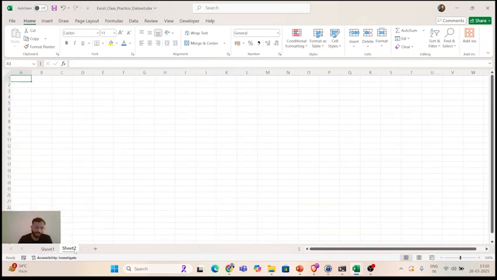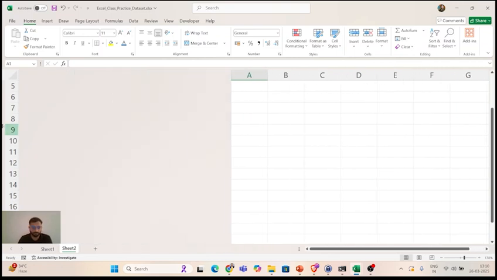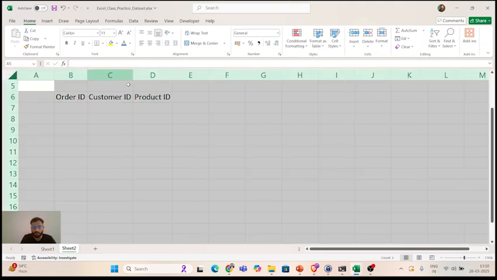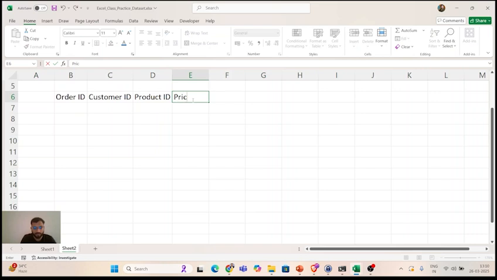Very quick. Guys, let's say we are working on e-commerce data. And let's say we have three columns, like order ID. When you go to Amazon or Flipkart and place an order, a unique order ID is created. Then the customer ID, by which they recognize which customer placed what order. Then the product ID, let's say what products are ordered in that order. Then the price of the order, then the date of order, and so many things, right? Let's say there are multiple columns.